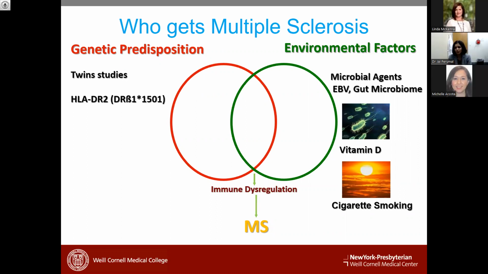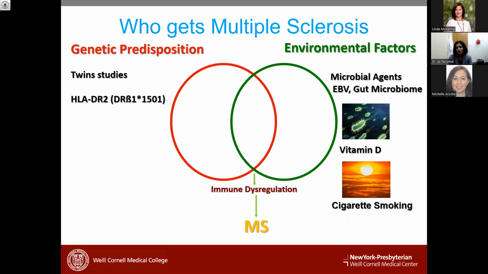When we come to certain environmental organisms, as our immune system changes with time, it may be that certain time points of response from the immune system to infection put a patient at a higher risk versus the same exposure at a different point in the maturation of the immune system. The other thing that has been looked at is the gut microbiome. That is getting a lot of interest, whether it is some kind of bacteria that inhabit the gut that release some kind of toxins that go in and break the blood-brain barrier, and that is what causes this.